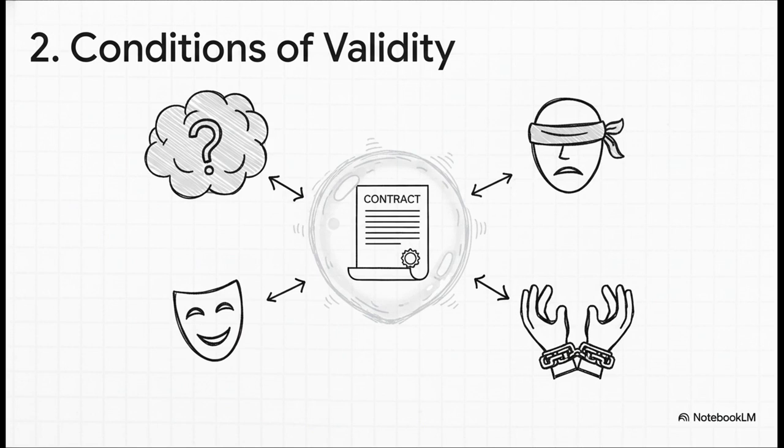Okay, next up is validity, and this is a massive ethical check. For a contract to be valid, it has to be free from any major uncertainty, what's known as gharar. It also has to be free from ignorance about key details, any kind of deception, or, really importantly, any form of coercion. Basically, was the deal fair and square for everyone?